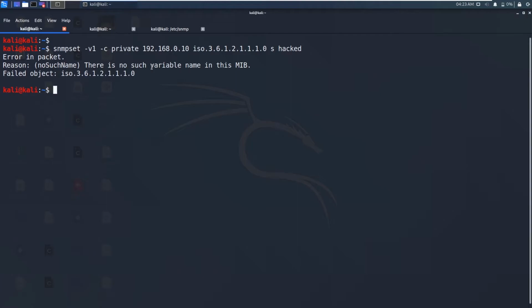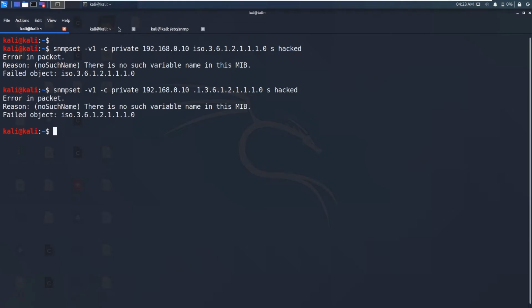So maybe this Kali Linux 2020 has this problem. Once you try in the older Kali Linux versions, you can also put the one value instead of ISO, because that is the starting one. And even if I put that, we got the error. So I cannot resolve this issue. Once you try in the older Kali Linux versions.